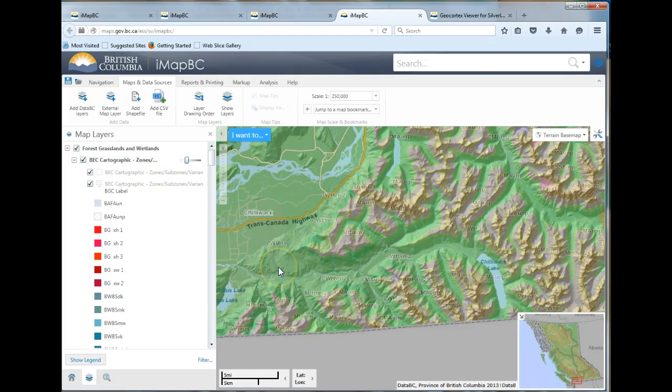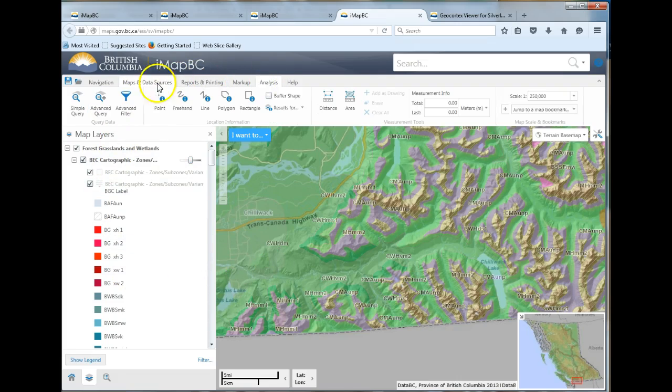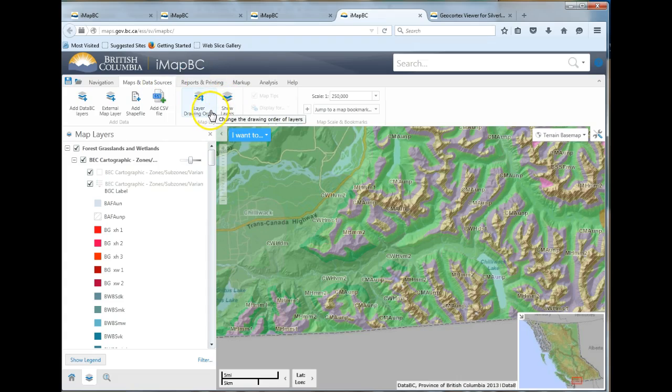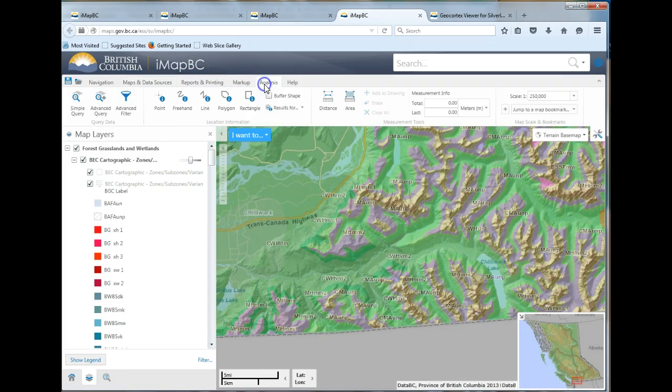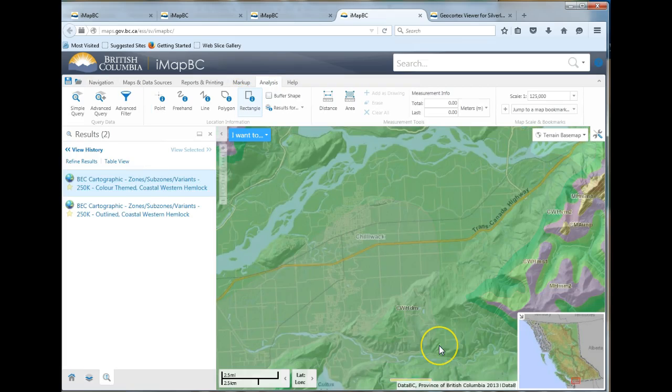So now what's still selected? Well, that was my geology. But now what we're looking at is that most of the subzone in the BC area, or lower mainland, is the CWHDM. That's what our woodlot's in, for instance. The coastal western hemlock dry maritime. So now under analysis you're going to take a rectangle, find the coastal western hemlock DM,